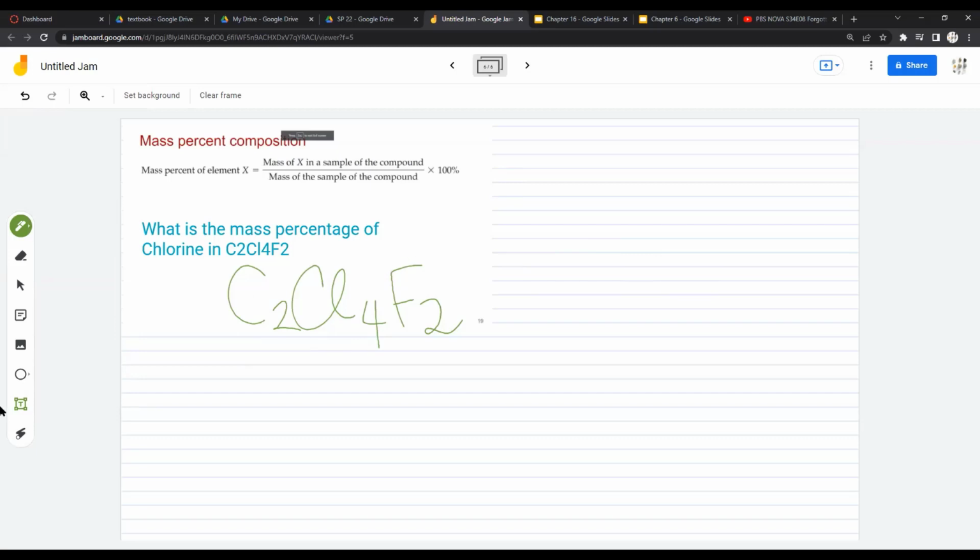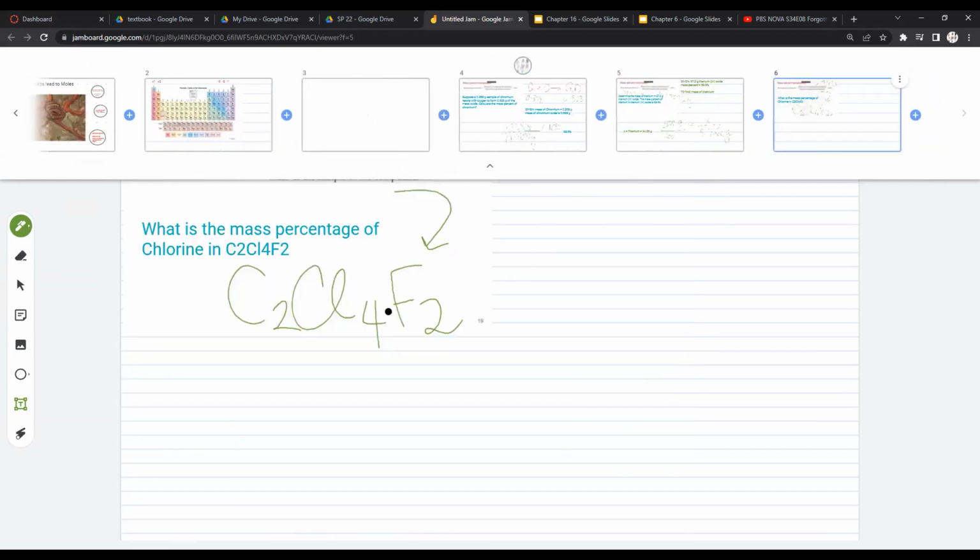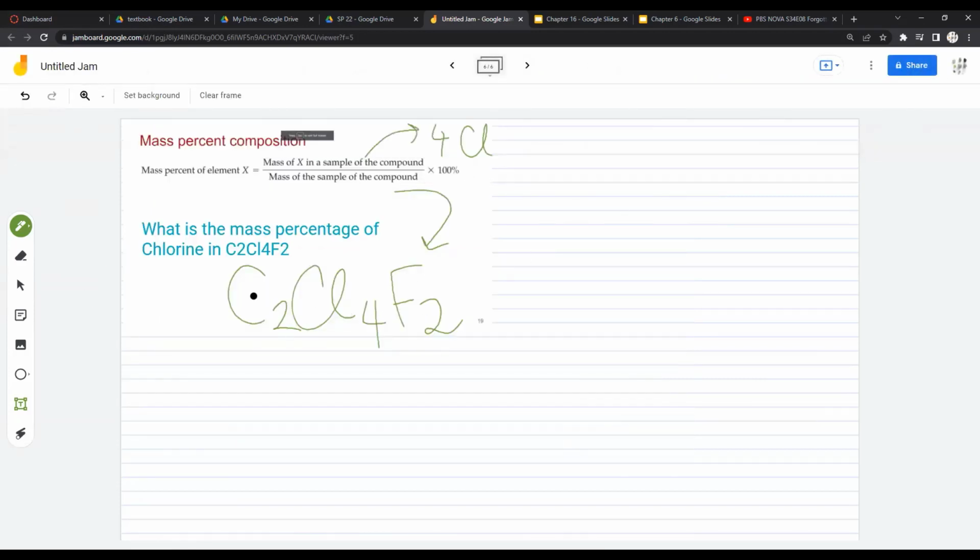Over here, we will write 4 chlorines, whatever their mass is from the periodic table. Then we will write the mass of this compound and multiply by 100. We will need the periodic table to find the mass. Chlorine is 35.5 grams from the periodic table, and then 4 times that. Then we do it for the rest. So mass percent is equal to 4 times chlorine over whatever the molar mass for this is,